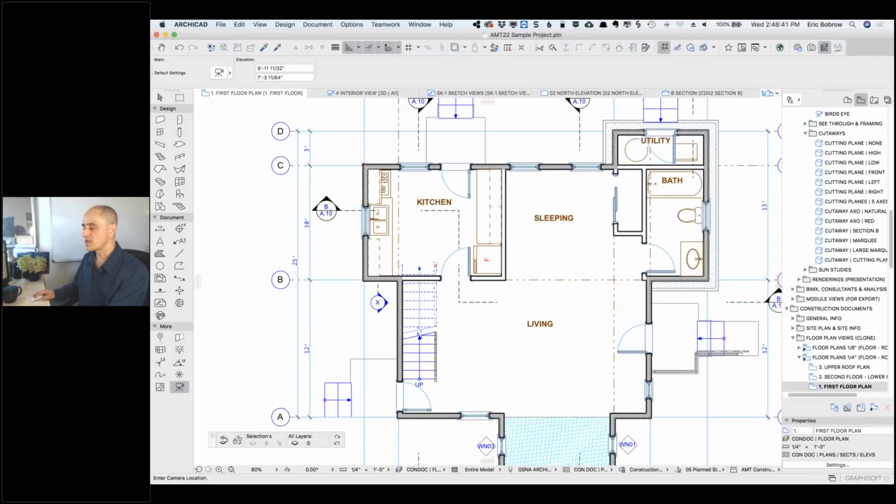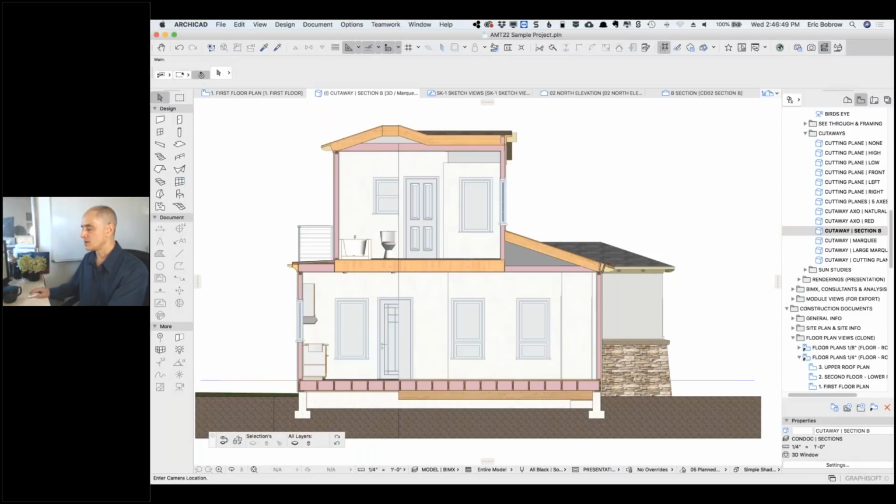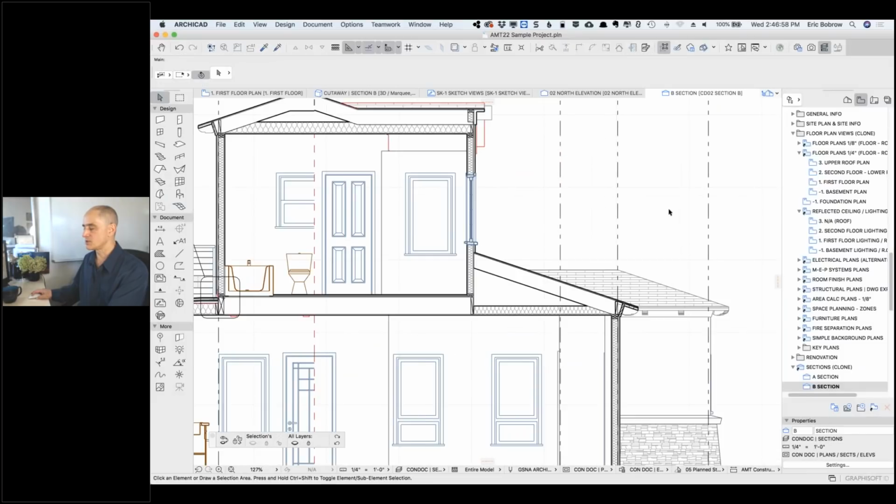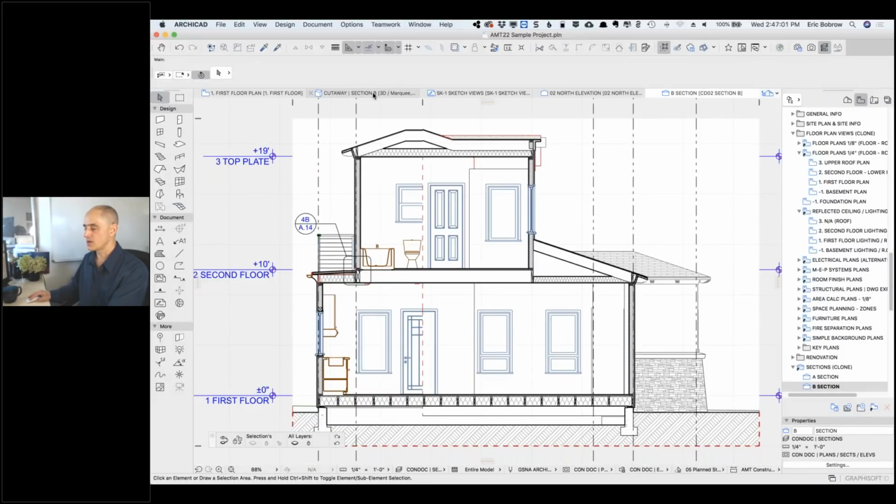Now I drew a marquee following that shape and I saved that here. So if we compare section B here, and we'll just zoom in a little bit so it's similar scale with this cutaway,